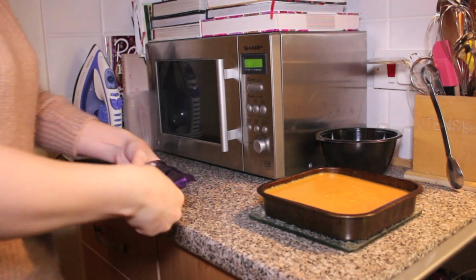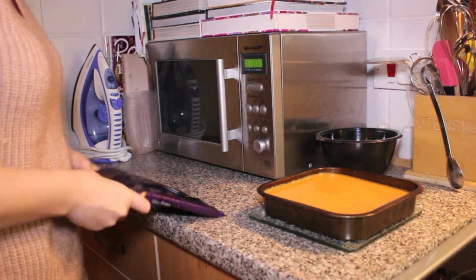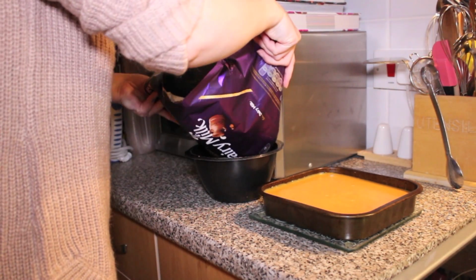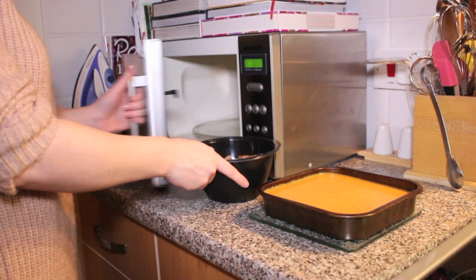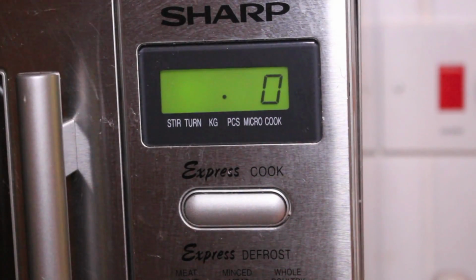So I just break this up in the packet because it's a lot less messy and a lot easier to get it all done properly. I then tip it into a microwavable bowl and then pop it into the microwave. Now I started off really slowly, so I'm just going to put it in for 10 seconds to begin with,